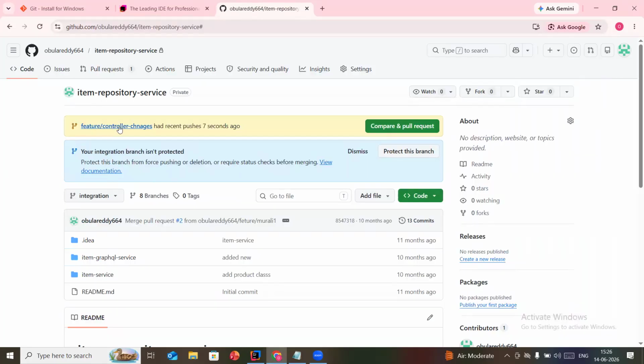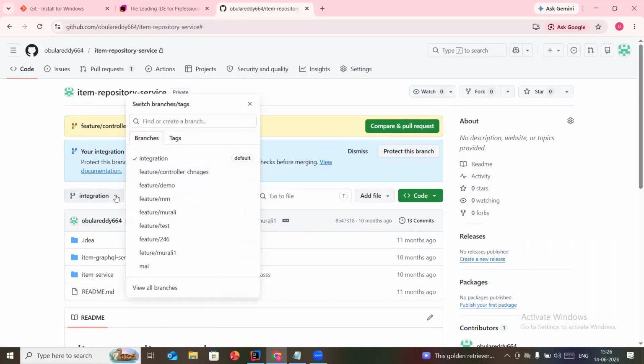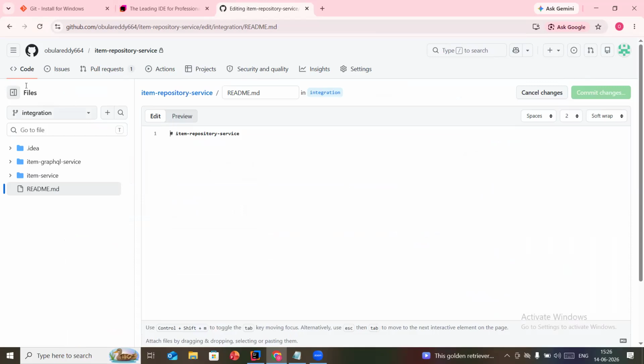Okay, so here controller changes has come. So now it pushed to this particular branch. This is a typo, that's fine. So now if you refresh this page, here it will show. And here also we can check whether our branch has come, it is showing, but double check here. Okay,